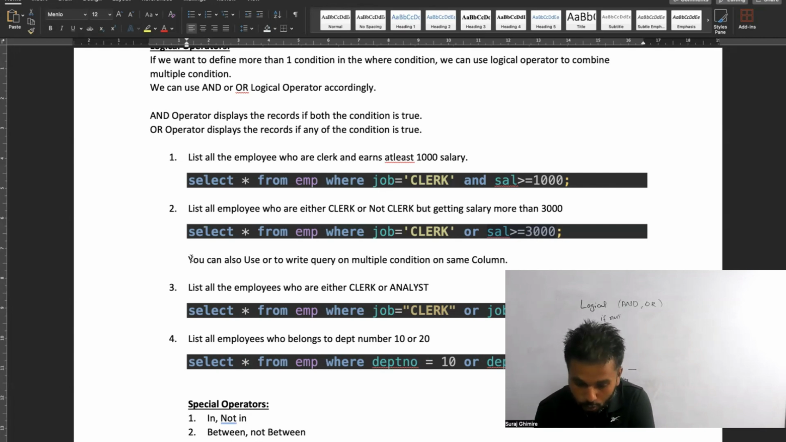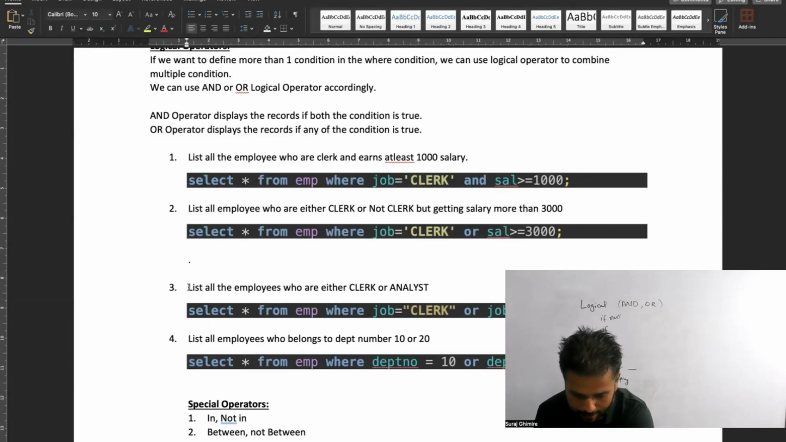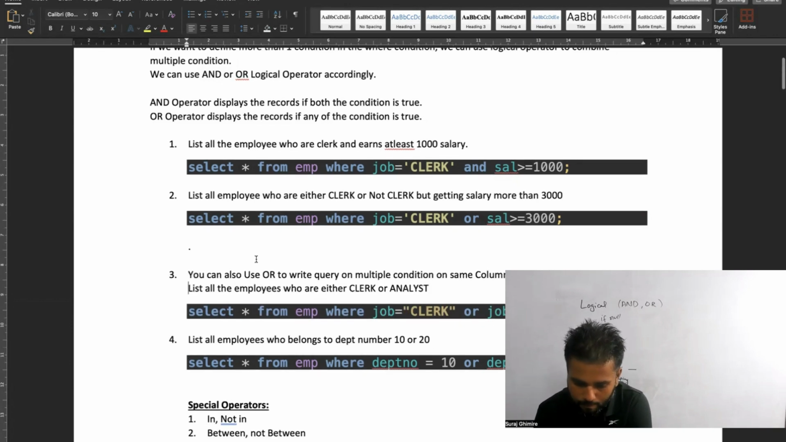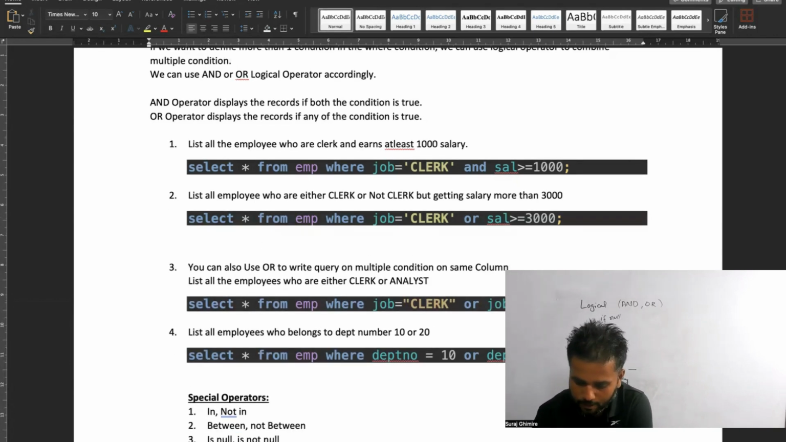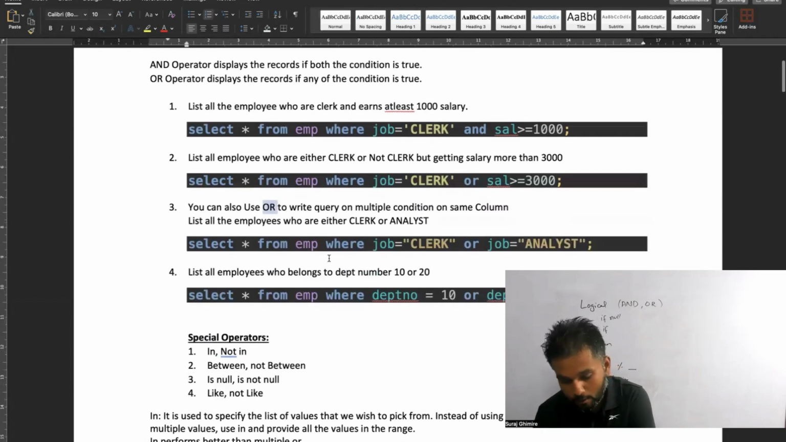Okay, now you can also use OR, let me write it like this, you can also use OR to write a query on multiple conditions on the same column. So I would like to cut this and paste it here, because that's the point of this particular command. You can also use OR to write a query on multiple conditions on the same column. What do you mean by that? Let's see. Now my requirement could be,